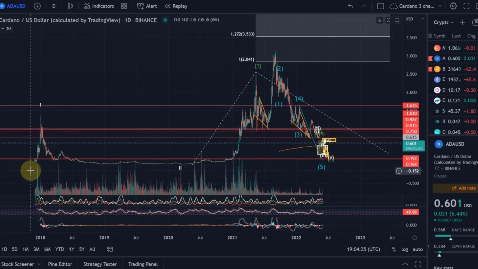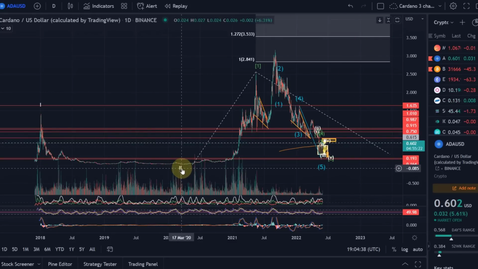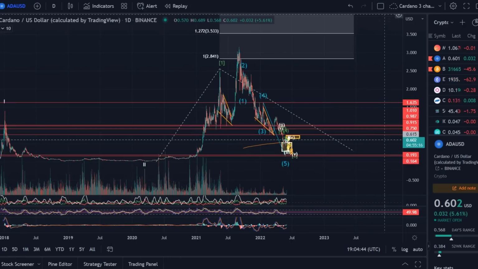So basically that means we have the first 1-2 setup here. This is the second 1-2 setup, which means we are currently in a wave 2 of a wave 3, because matching to this white wave 2 here, there will be a wave 3. You can actually see it on the chart here. There will be a wave 3 up here, and we are currently in the wave 2 of this wave 3,